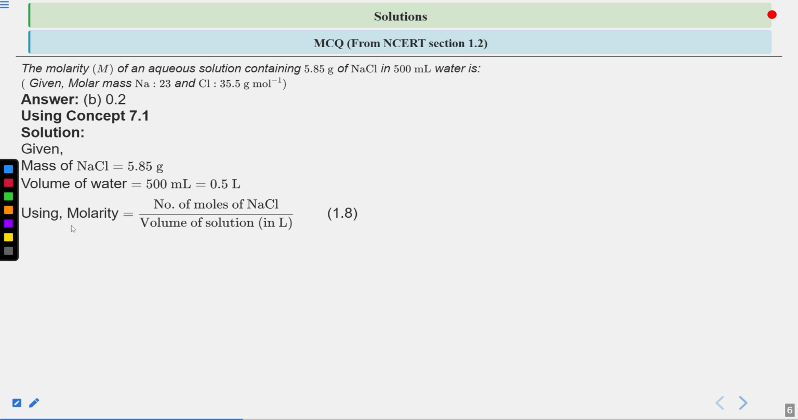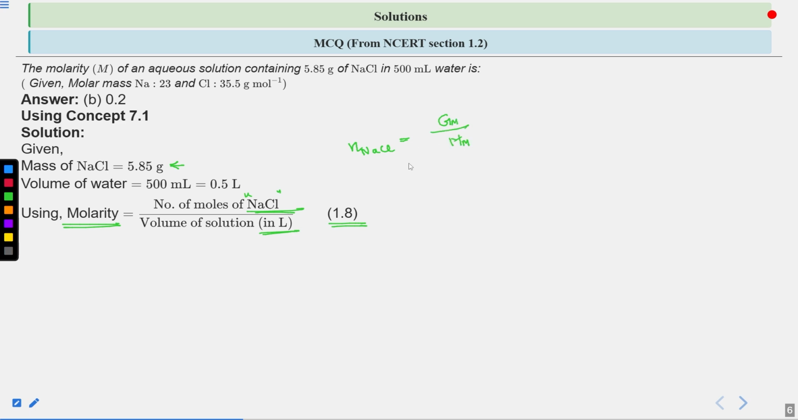Now we simply use the molarity formula, which is given by the number of moles of sodium chloride, which is our solute, divided by the volume of the solution in liters specifically. This is equation 1.8 given in our NCERT, and the molarity is defined by this formula. We can determine the number of moles of sodium chloride, since we have its given mass. So basically, the number of moles of any solute or substance